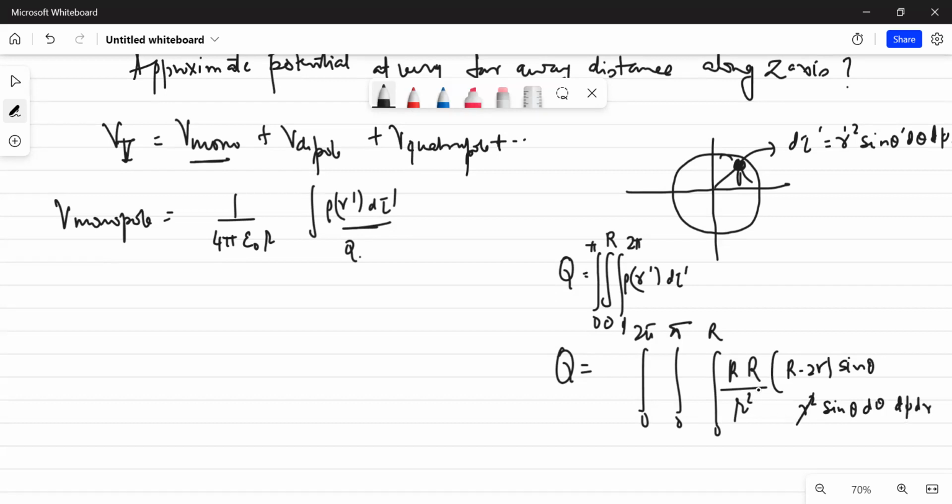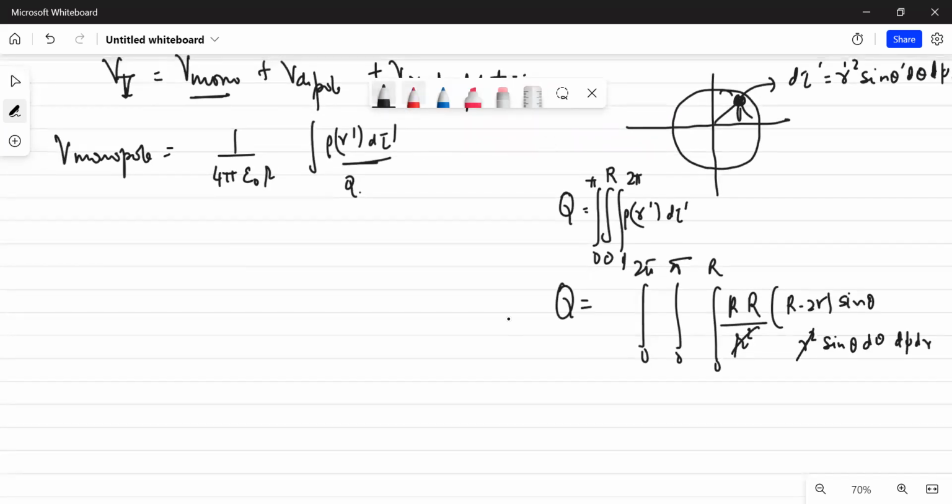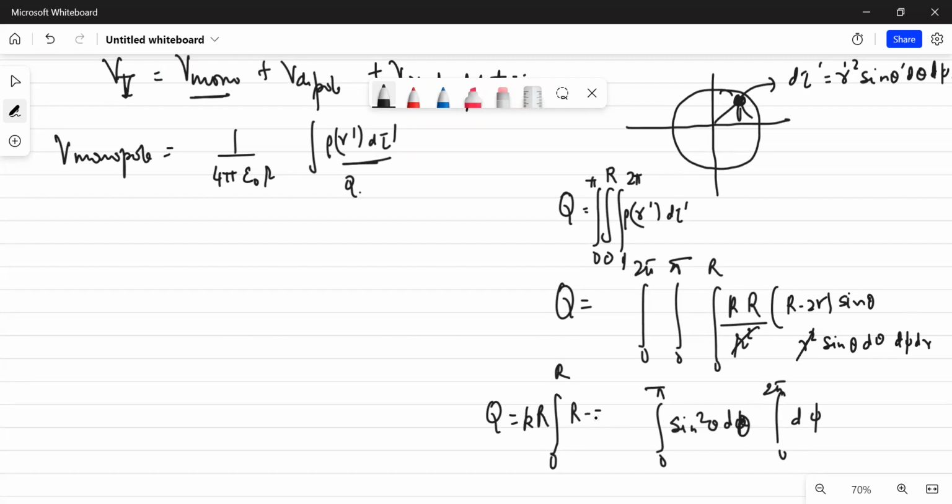So this r squared gets cancelled, and one can simply find your Q integral since r is not dependent on theta and all those things. So I'll write the integration from 0 to pi of sine squared theta d theta, and then the integration from 0 to 2 pi, you have d phi here, and then the integral of k upon capital R from 0 to capital R of capital R minus 2r, and this is dr. Is that clear? Now, if you integrate